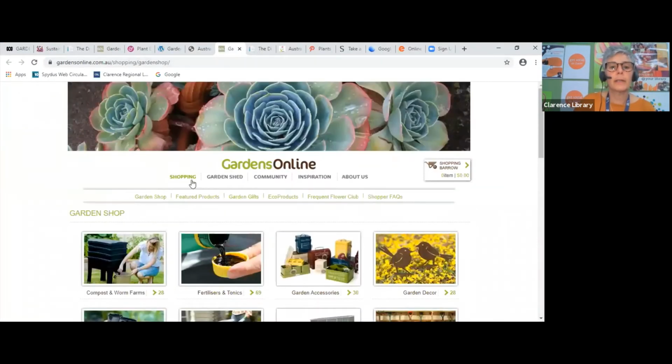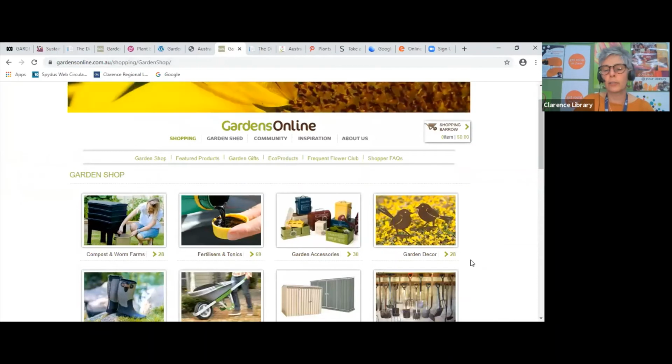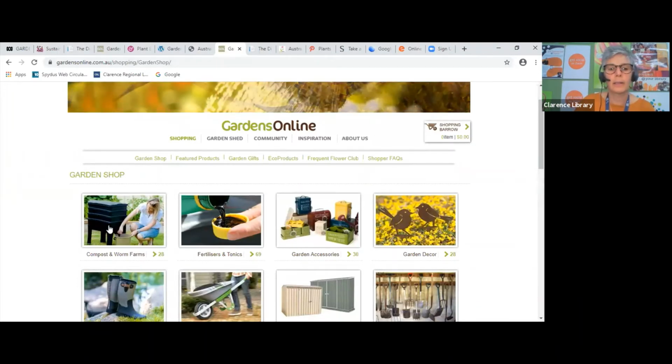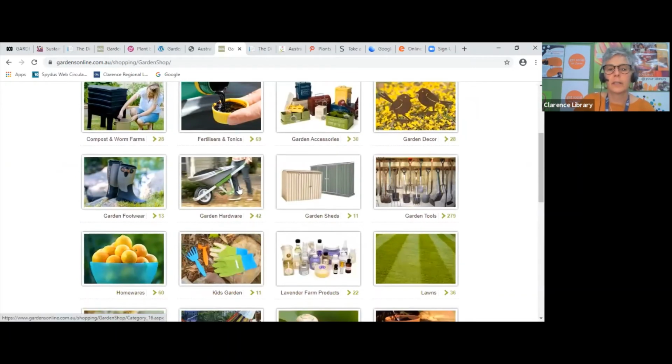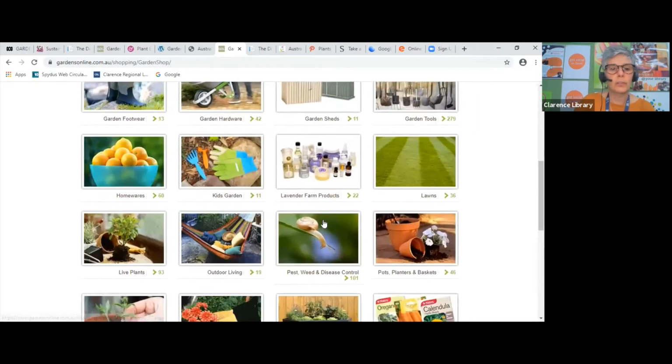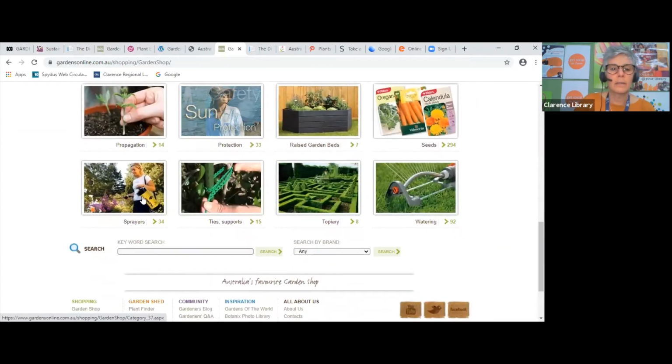So there is the Gardens online shopping. This is a shop where you can get just about everything you need for your garden, like compost and worm farms, fertilizer, garden accessories, garden decor, footwear, seeds,